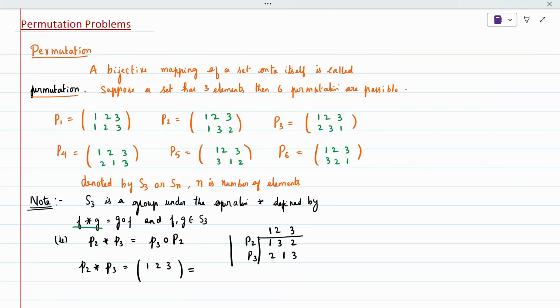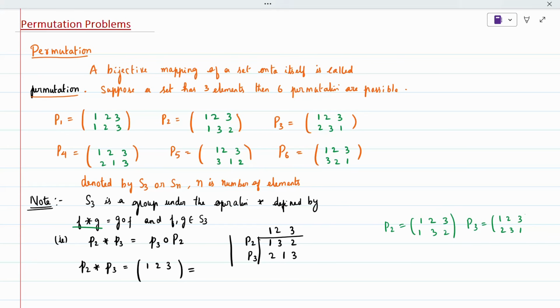When we take any two elements, P2 and P3, instead of F and G, I'm using the permutations. So P2 star P3, when I do it, left first I will do, it's nothing but P3 composition P2. So P2 into P3, we have to multiply it. P2 element is 1, 2, 3 over 1, 3, 2. P3 elements 1, 2, 3